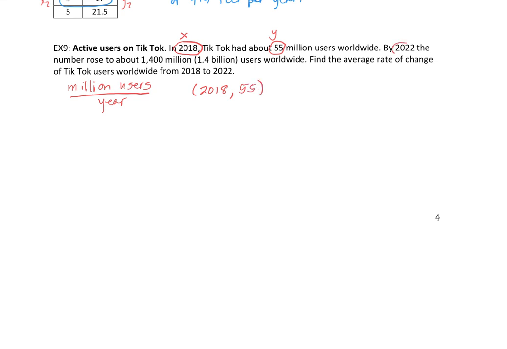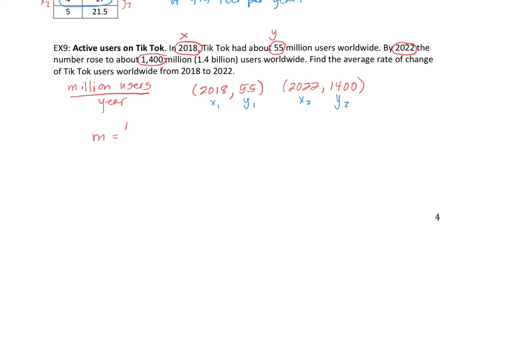In the year 2022, so that would be my X value, there were 1,400 million users worldwide. So I have 2 points. I have an x1, y1, x2, y2. I can go ahead and compute my slope,